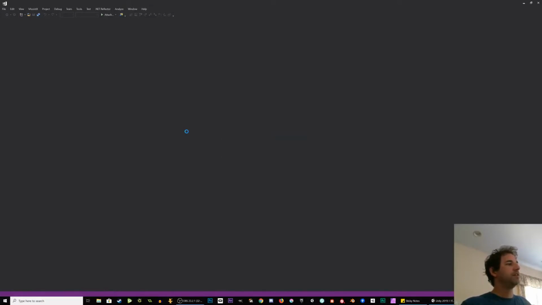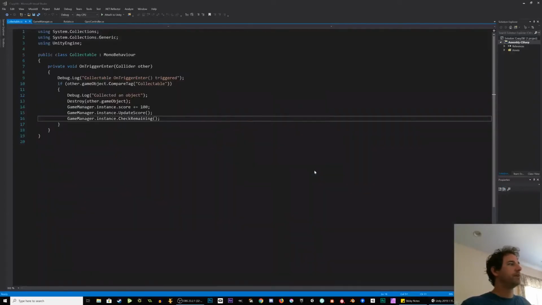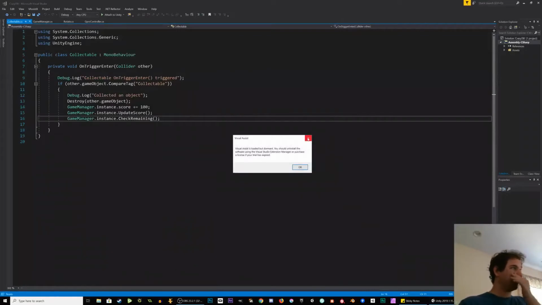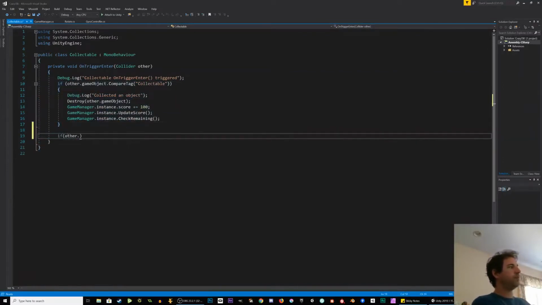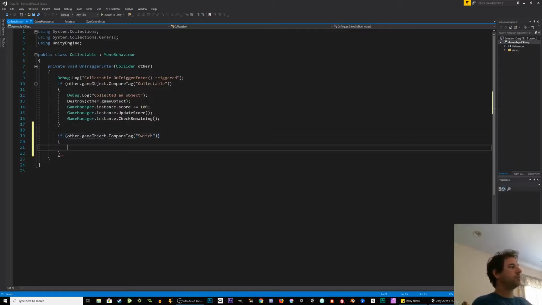Well, this is going to handle our trigger events, because the player is going to be what's moving, and it's going to initiate the event. So on trigger enter, if it's a collectible, do this. Cool. Well, we'll do if other.gameObject.compareTag is a switch. Then what we want to do is go into that object. So we would say